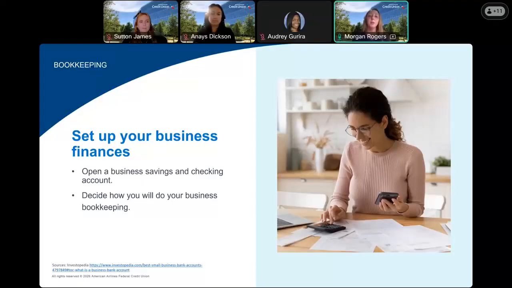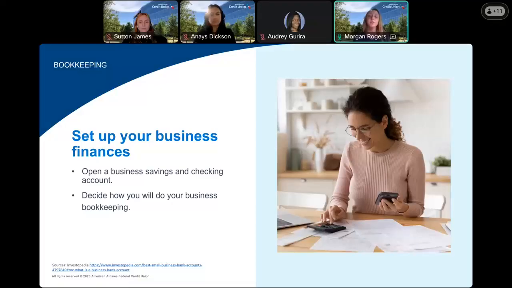So to open up a business account, you will need to complete all of the legal steps that we discussed: filing with the Secretary of State, obtaining a tax ID number. Typically, we will require an EIN tax ID number, along with any of the business entity documents that you have filed with the state. So those are all documents that you will need to obtain and provide to open up a business bank account.